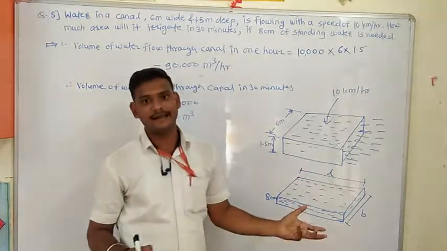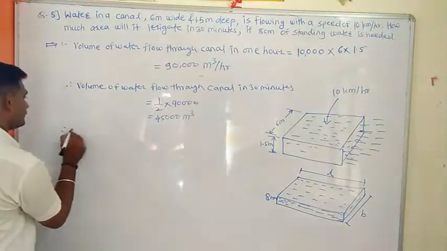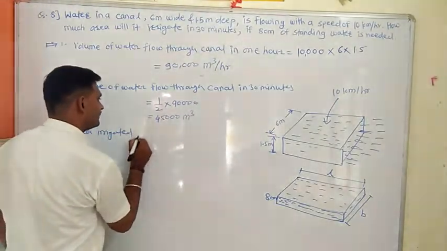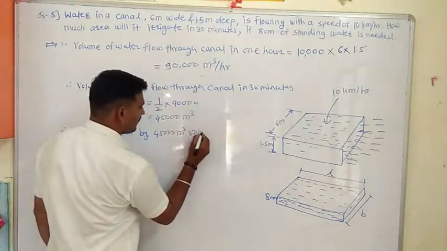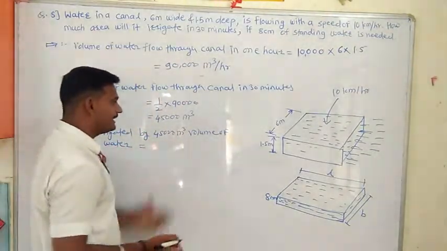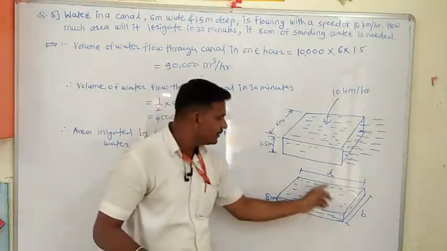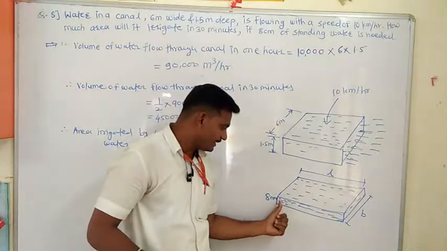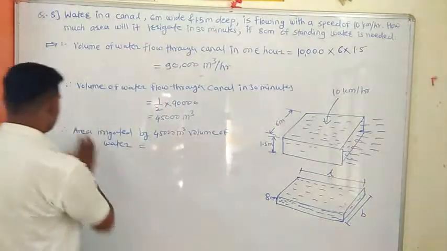Then how much area will it irrigate? How much area will it irrigate with this much volume? Therefore, area irrigated by 45,000 meter cube volume of water is equal to how much area? We have considered here L into B is the area, L into B, and what is the height? Height is 8 centimeter, or you can directly write here